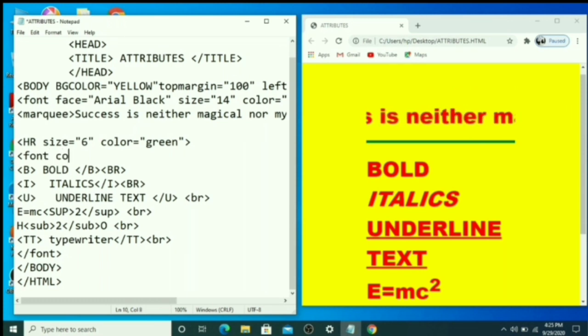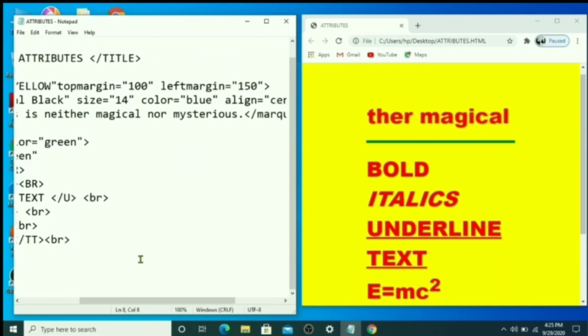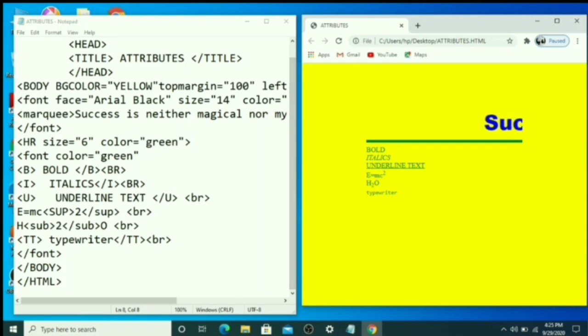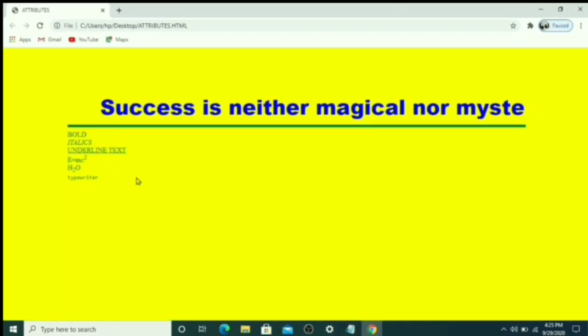So that time you have to type another font color, and here also you have to close your font tag because both colors are different. Here I'm giving the upper side blue color, and here I'm giving green color. So this is the font tag, and this is its closing tag, and this is the font tag, and this is its closing tag. So just save your file and see what is the output now.